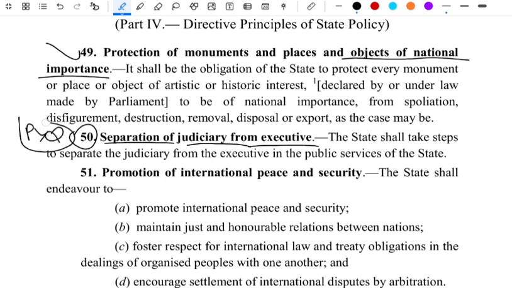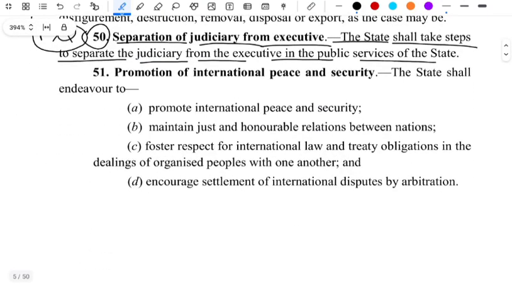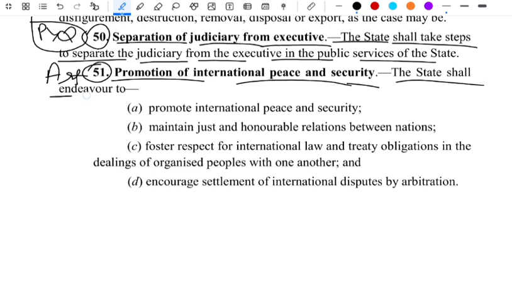Okay, from UPSC only. The state shall take steps to separate the judiciary from the executive in the public service of the state. Next is Article 51, which says promotion of international peace and security. The state shall endeavor to... this is also a PYQ. You have to remember world peace related promotion of international peace and security, this one is coming, so please